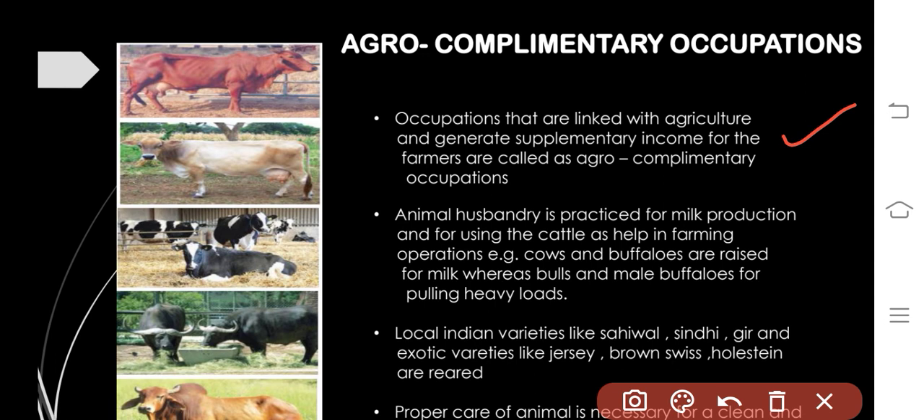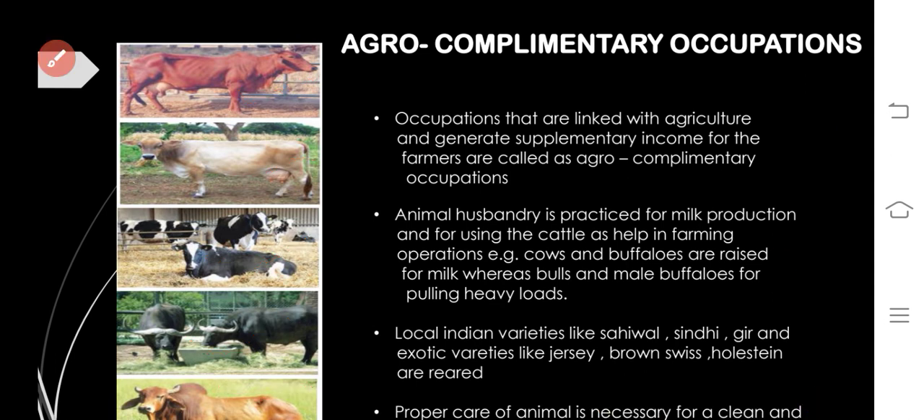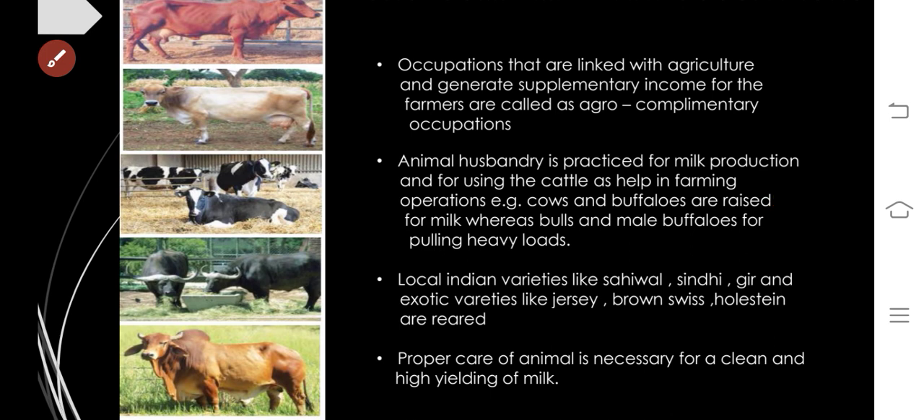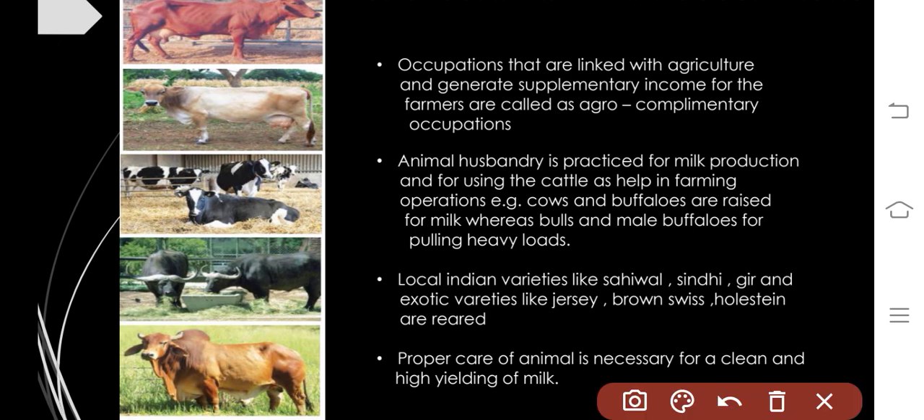इस तरह से एनिमल हस्बेंड्री जो है वो प्रैक्टिस की जाती है। अलग अलग तरह के काउज बफेलोज को रियर करके हम मिल्क प्रोडक्शन बढ़ा सकते हैं, और जो मेल बफेलोज होते हैं उनको हम हेवी लोड्स के लिए यूज़ कर सकते हैं। इसके अलावा जो लोकल वैरायटीज़ होती है जैसे सहीवाल है, सिंध है, गीर है, और उनकी एक्सोटिक वैरायटीज़ है जैसे जर्सी है, ब्राउन है, इन्हें भी हम रियरिंग कर सकते हैं, इन्हें भी हम पाल सकते हैं।